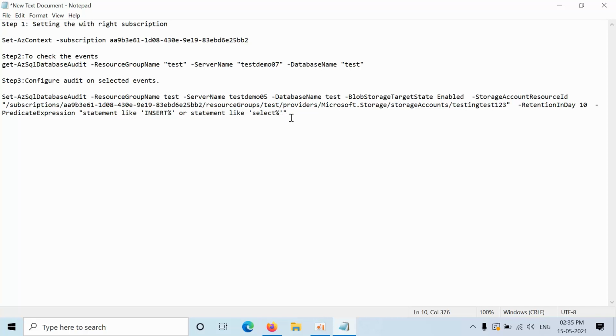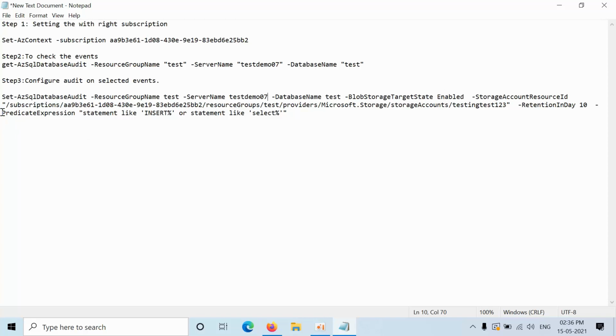Right now I am doing insert and select commands. Whenever the user runs an insert or select command, only these commands will get recorded in the auditing file. See, this is the command. Here we need to give the server name, testdemo07, my database name, test, storage state enable, and